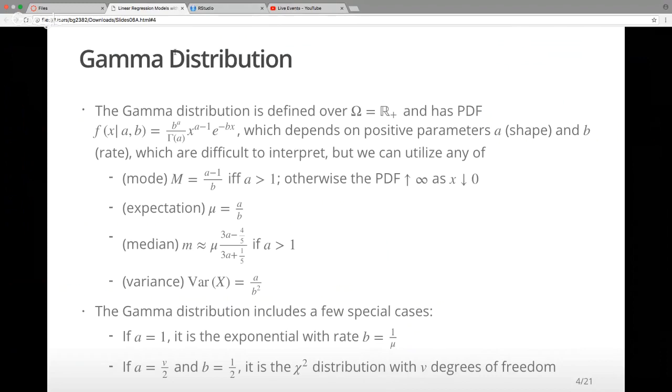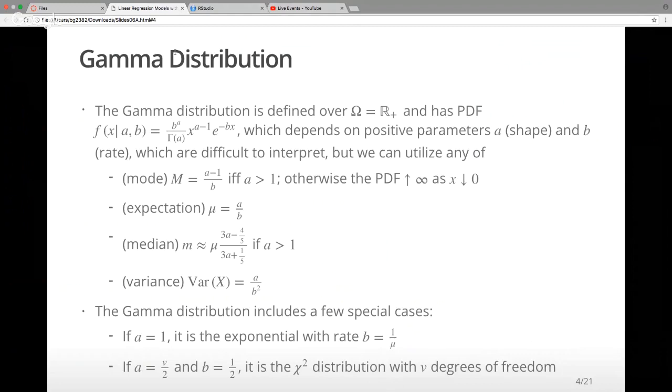So one thing that we can learn really quickly while the plot is happening, we need to learn a new distribution for some of the things that we're going to use later today. That is the so-called gamma distribution. The gamma distribution is defined over a sample space that includes all non-negative numbers. It has the PDF here, whose kernel involves x raised to the power a minus 1 multiplied by e to the negative bx. This depends on two positive hyperparameters, a and b. A is known as the shape parameter, b is known as the rate parameter, and aside from them being positive,